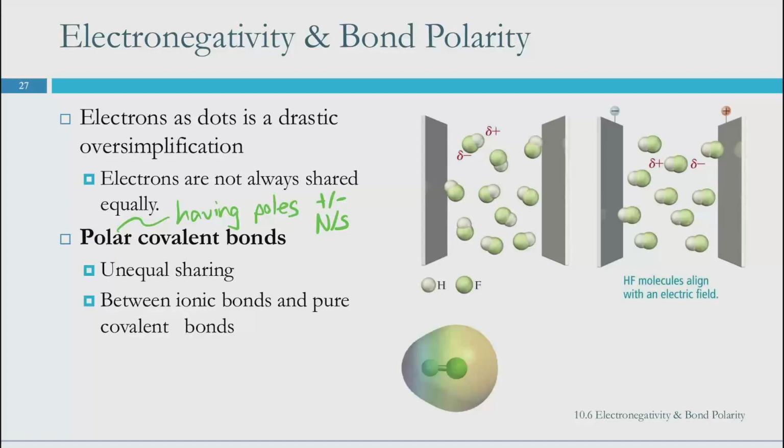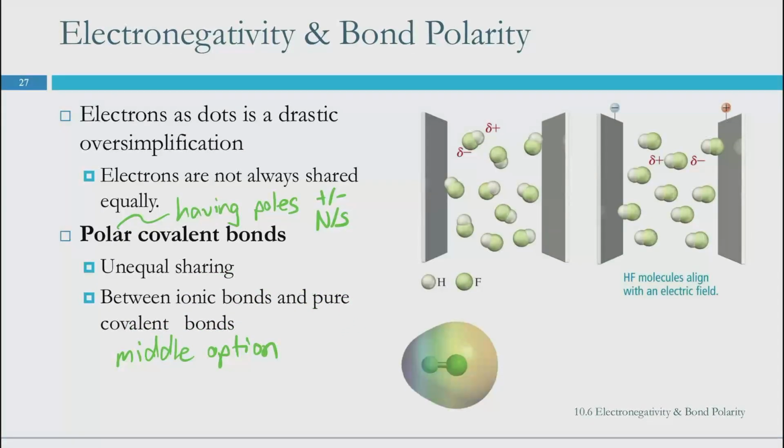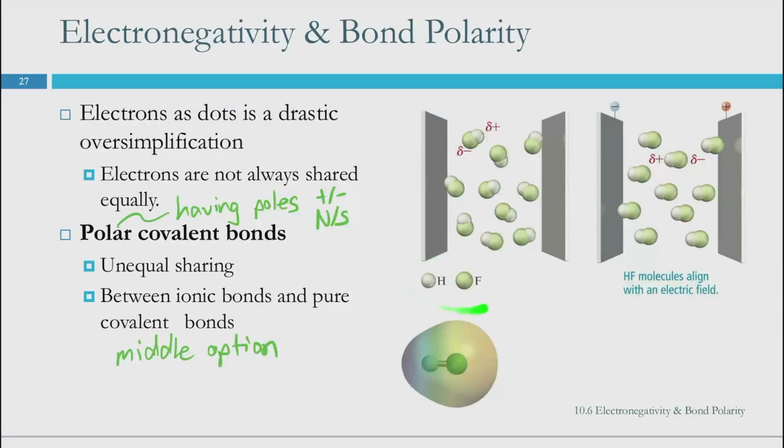We've got north and south parts. And so there's unequal sharing of the electron across the bond. And this is an intermediate. It's between ionic bonds and pure covalent bonds. This is our like middle ground. I'm going to write middle option. So they're not a full transfer of electrons like in ionic bonds, and we're not sharing them completely like in pure covalent bonds. So things like hydrofluoric acid, or HF,